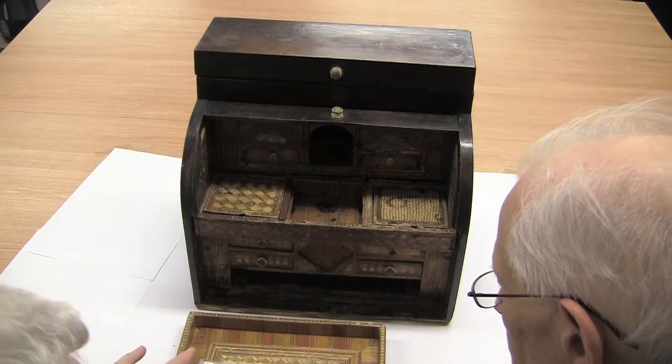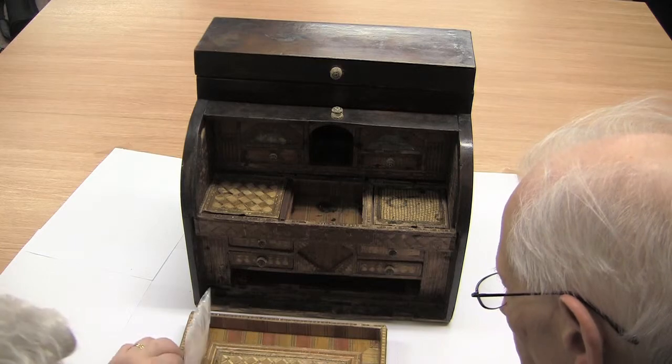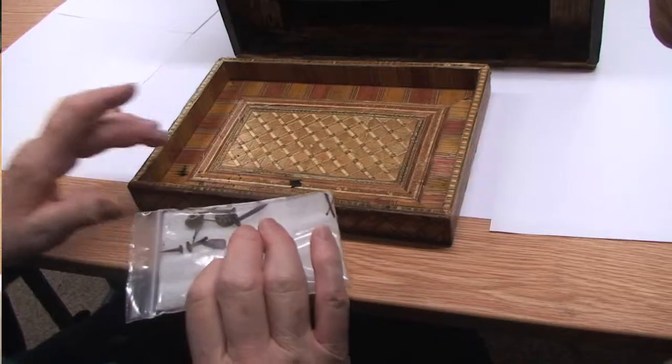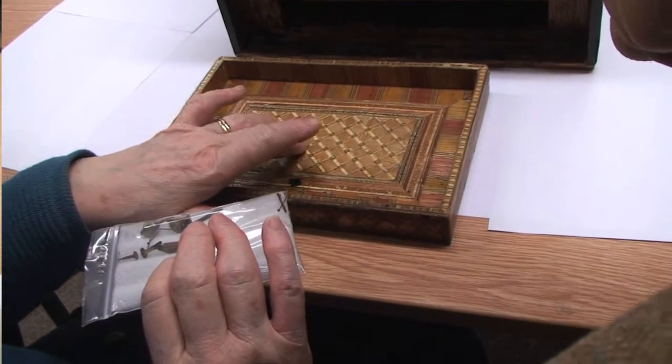Now this is in beautiful condition. Look at that central panel. I should think it's had pens at some time. Looks like ink splodges. What's it made of in the middle, the pattern in the middle? Feels like